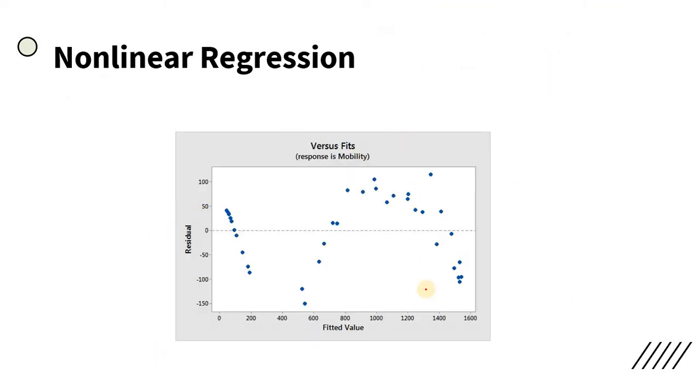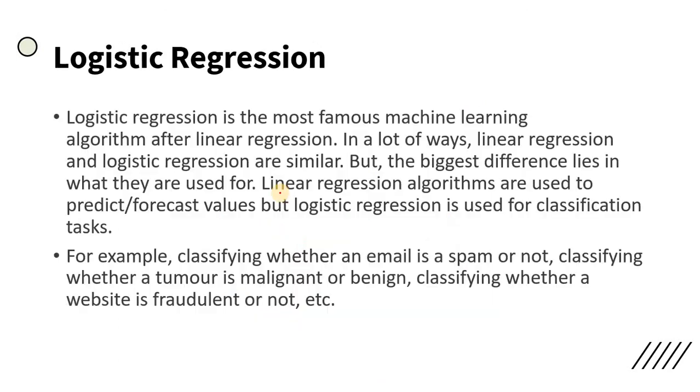Suppose this is the data. Suppose I want to draw the line as per linear regression. So I draw a line here. As you can see, most of the data points are not covered by this line. That is why we use nonlinear regression. In nonlinear regression we draw a curved line such that the maximum data is covered by that line. So this is called nonlinear regression. We are drawing curved or nonlinear lines.